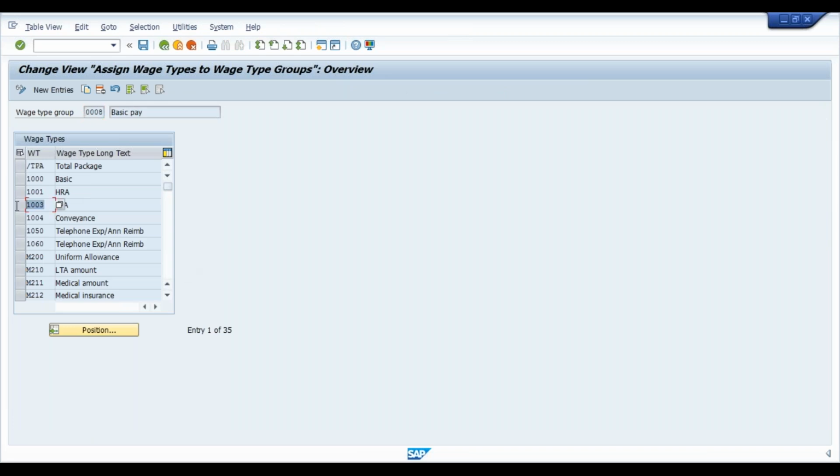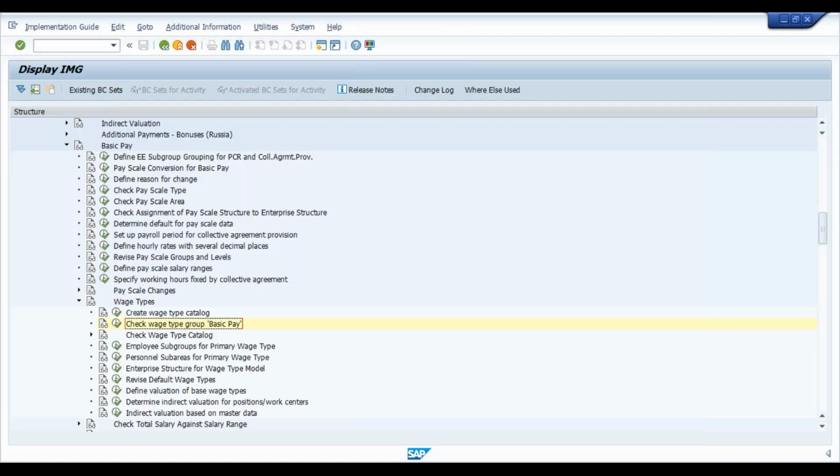See guys, 1003 and 1004. So one important thing to remember is that you have to untick the test run while copying this wage type. So these four wage types we have selected: basic, HRA, LTA, and convenience. And the next configuration is